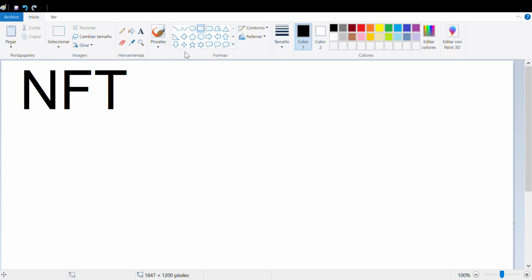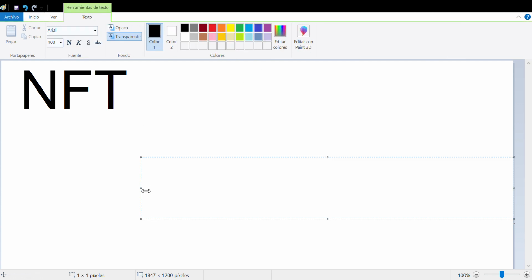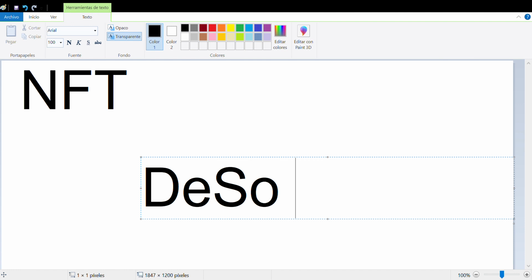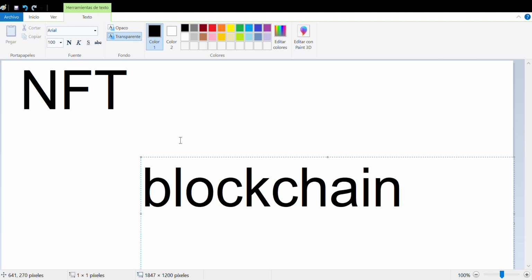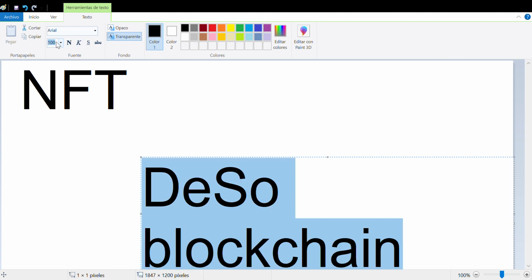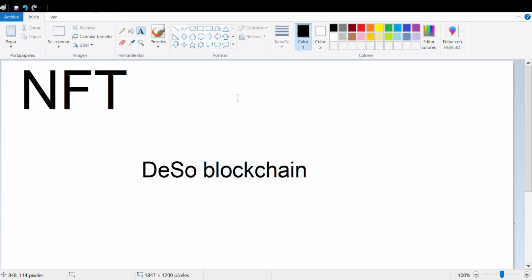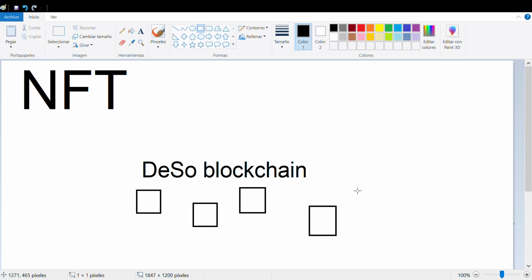So basically, here is the blockchain. Let's say this is the DESO blockchain. It has its nodes. This is a node, this is another node, and these nodes are connected, right?